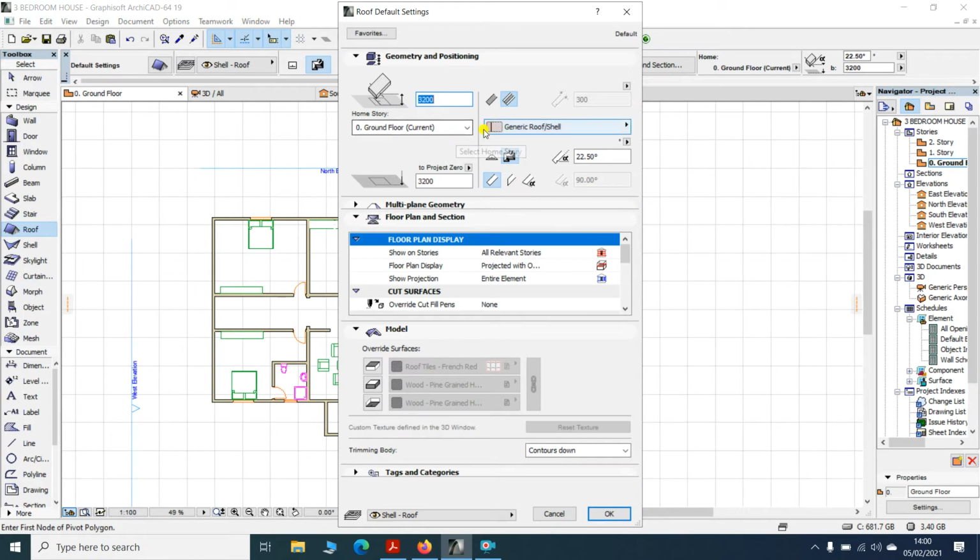So this is the setting of the roof. I can set the height of the roof from the ground to 1100, and then you can change the pitching angle from 22 degrees to 30 degrees. So I can use 30 degrees,